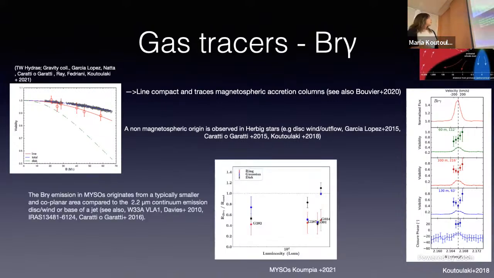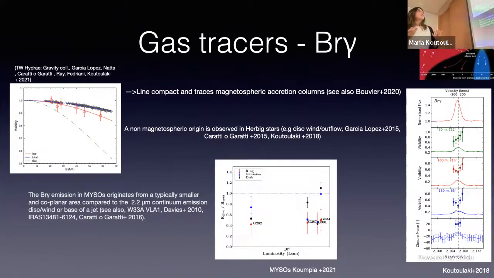And this is another example that I want to show for higher mass stars. This is the radius of Brackett gamma over the continuum versus the luminosity. One here is the continuum, and you can see that in all these cases, the Brackett gamma line is much below your continuum. Of course, it's much more extended, which, probably because we didn't have enough information, like differential phase, we could not really say if it's actually coming from the base of the jet or the disk wind, but it's one of the two. So we can see here that there are three different cases that could be tracing accretion, could not be tracing